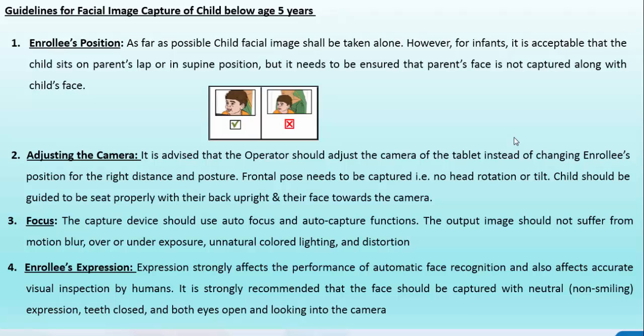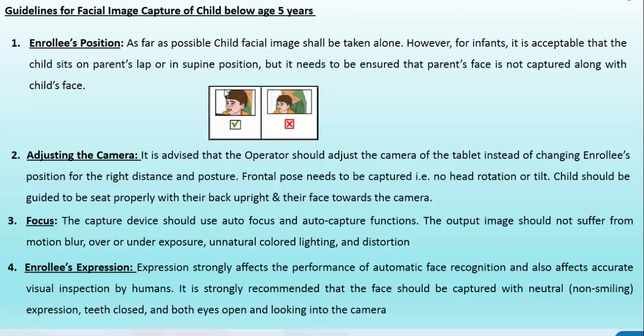While capturing the child's photograph using the web camera or the camera in the CLC client, you can capture the child's photo without any white background screen, but you should be careful while capturing, because dual faces should not appear in the child's photo. We gave an example in this slide.